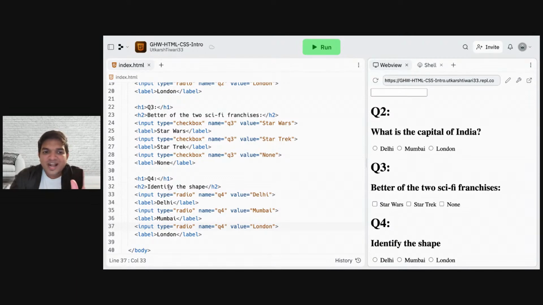So question 4, identify the shape. Make sure you have input which is of type radio. The name should be something different, like this is question 4, so Q4. You can also have any other name which is common for all these three, so that you know you can only choose one. The value, keep it for that. Right now we are going to change it. Now